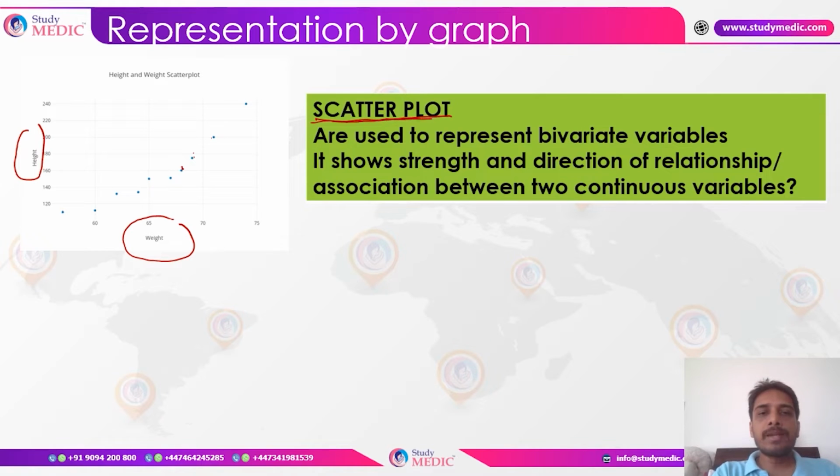So what are scatter plots used for? They are used to represent bivariate variables. What does it show? It shows the strength and direction of the relationship, also called the association, between the two continuous variables. Now, how to find out this strength and direction, whether it is positive, negative, weak or strong,